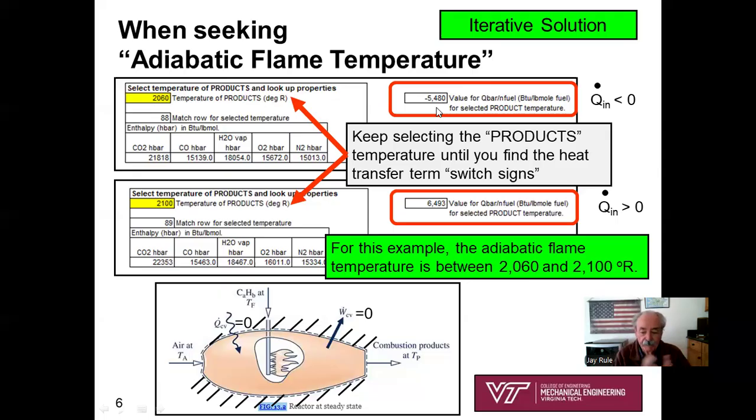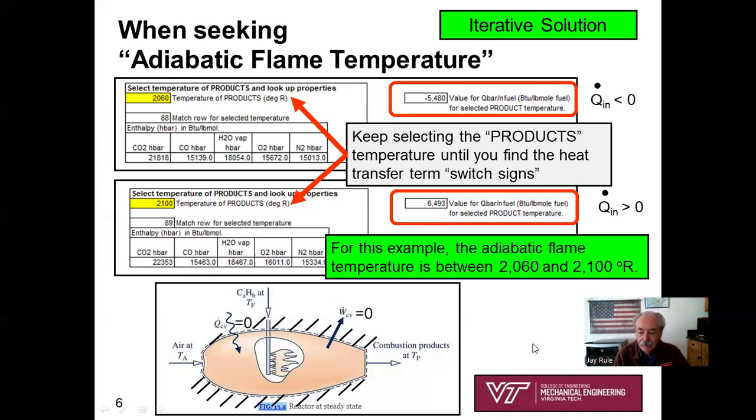Do you remember in a previous module, I calculated the heat release and it was like 320,000 BTUs per pound mole. So 5,000 is a lot lower than that. So I'm getting close to a result guessing 2060. I guessed a higher result, 2100 degrees R. The Excel tool goes and looks up all the numbers for me. It does that accounting problem, and the heat released when you guess 2100 degrees R for T sub P, you get plus